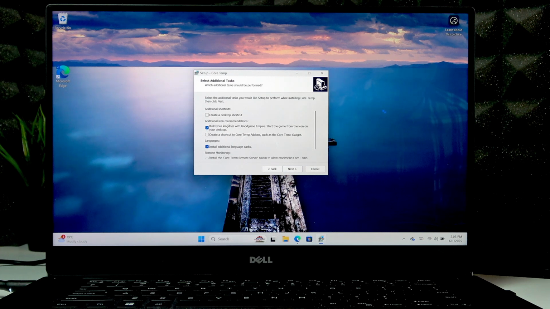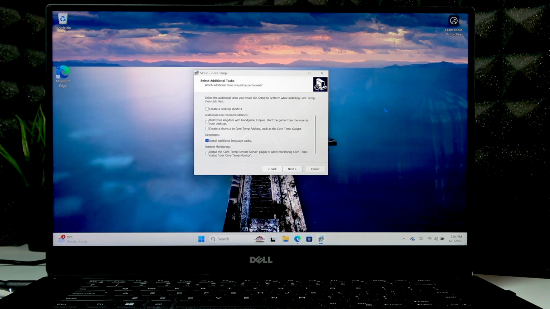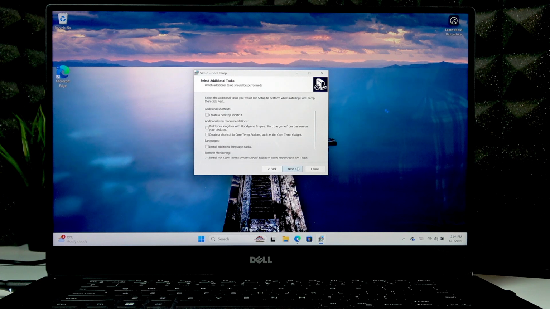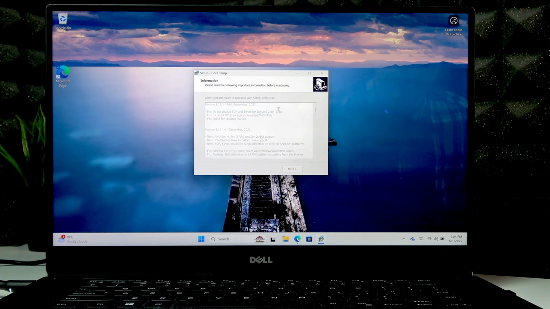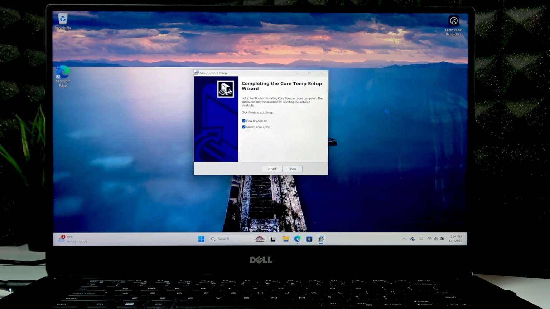Also, be sure to uncheck this one checkbox if you don't want any additional, unwanted software on your laptop. And if you want, you can install additional language packs, but I don't think I need it. And once you're ready, click next, click install, and wait until this program is installed. Now launch the CoreTemp program,